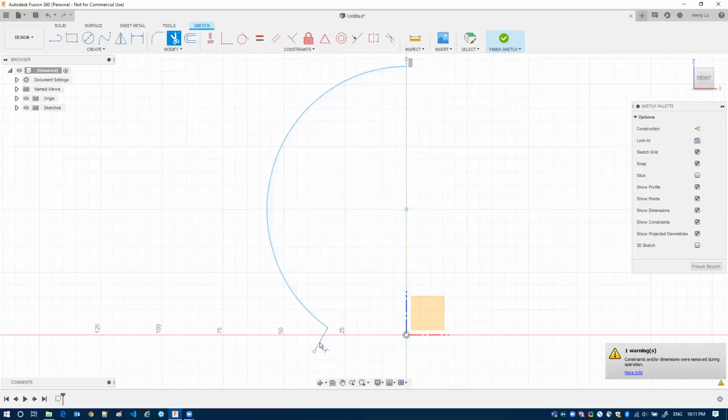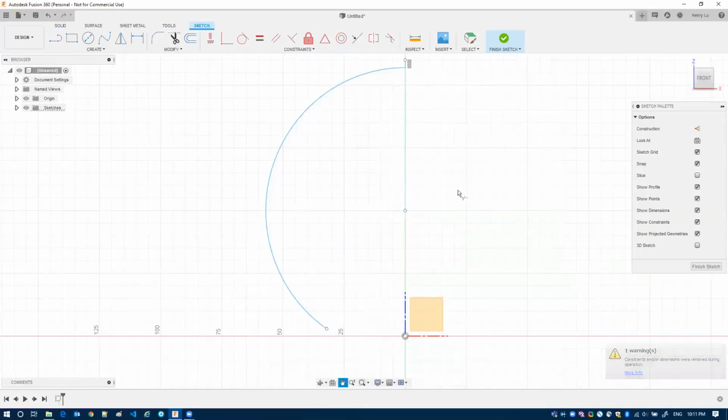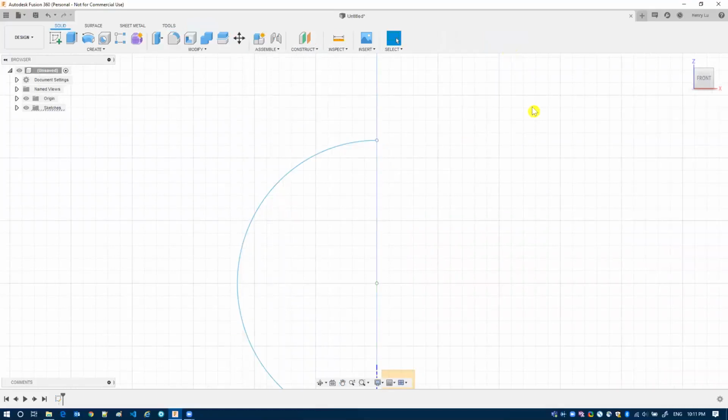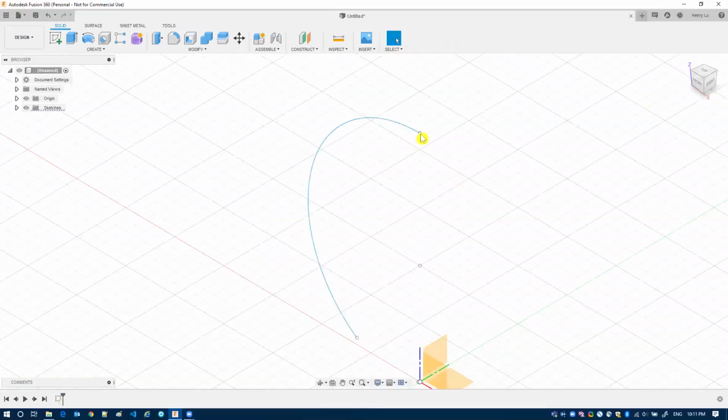All right, so I can trim all the lines. Okay, so the reason I'm doing that is because now, let's see here. Now I actually have this point on this sketch plane, vertical plane,